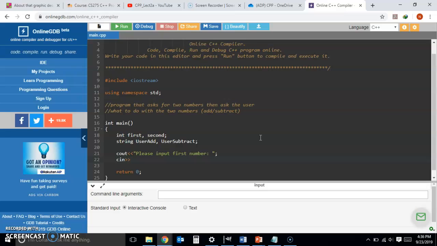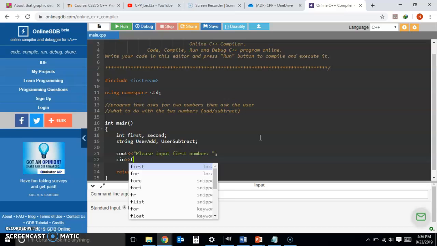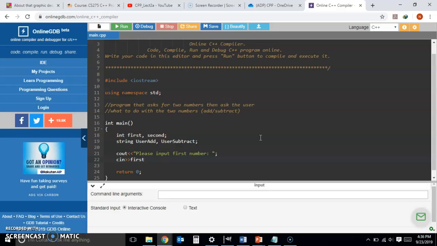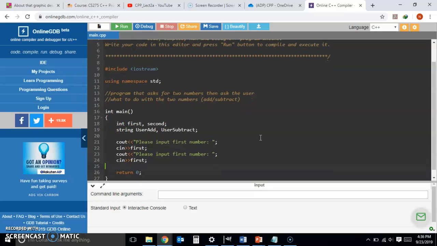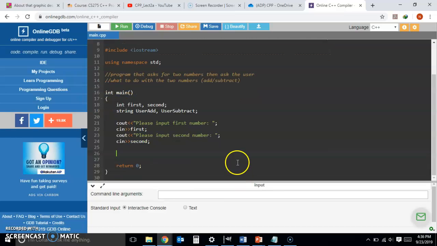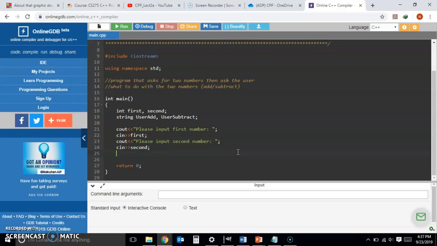So here the program will just prompt the user for one number, and then proceeds to commit that number to the first memory block, which is called first, right? Then ask for the second number, input second number, again commit that to the next memory block, which is called second. Alright, then let's be a little bit more adventurous and ask